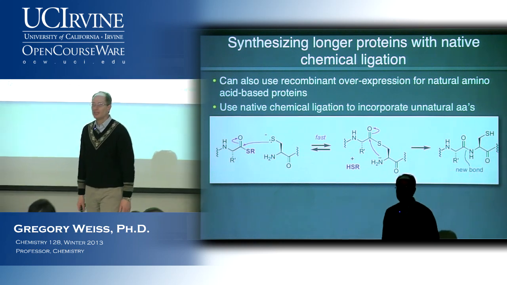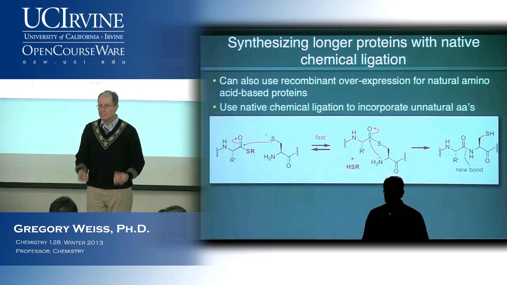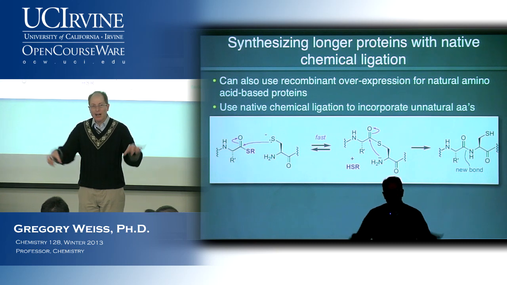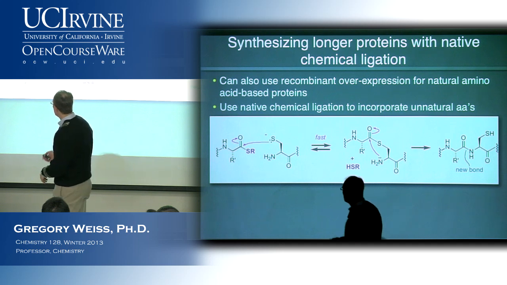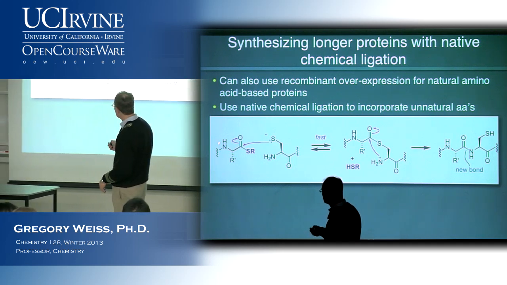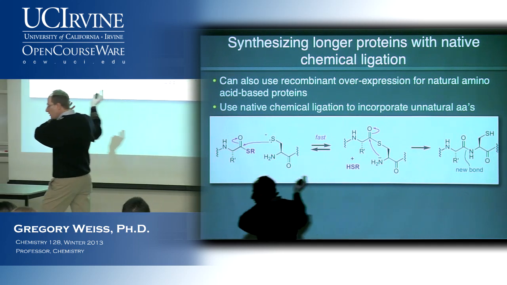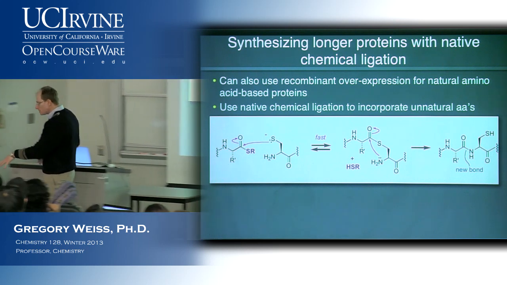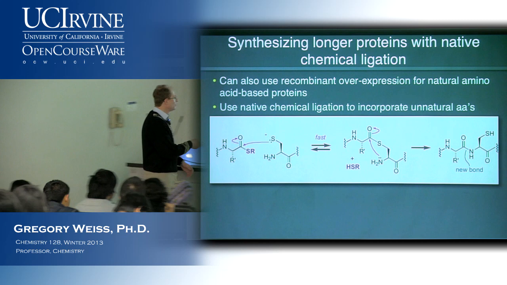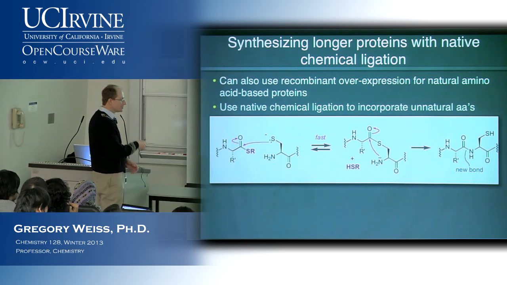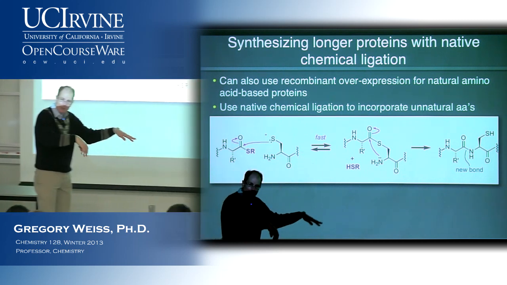Okay, now why is this useful? This is useful because it gives you a way of stitching together two big peptides. Okay, peptide 1 over here is indicated by this little squiggle. That could have 20 amino acids going off to the left. So imagine 20 amino acids going this way. Peptide 2, again indicated by a little squiggle, 20 amino acids going this way.